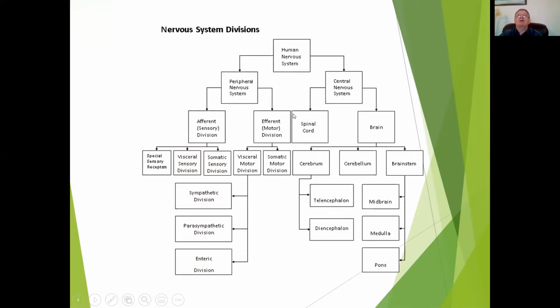Now you can divide it into systems, some kind of more arbitrary than others, but essentially, you have a peripheral and central nervous system. In the central nervous system you have the brain and spinal cord. The brain can then be divided into the cerebrum, cerebellum, and brainstem. The brainstem is divided into midbrain, medulla, and pons. And basically, the cerebrum consists of the telencephalon and diencephalon. And then the peripheral nervous system can be divided into an afferent, which is an input division, and an efferent output division, or a motor division, as it innervates muscles, whether